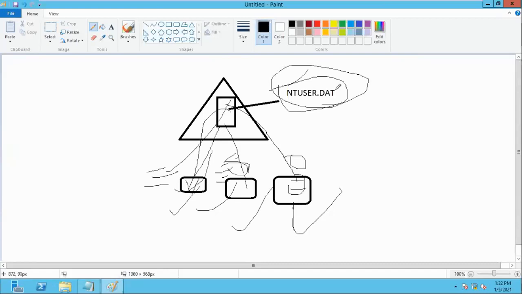Now, what I'm going to do is change this file name to .man. For example, Usman, I told you about one person. Usman looks like this, standing on the side.